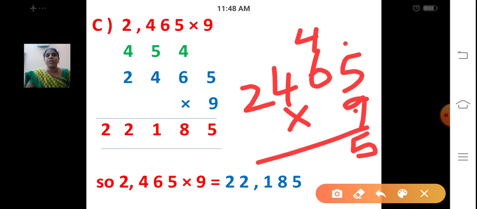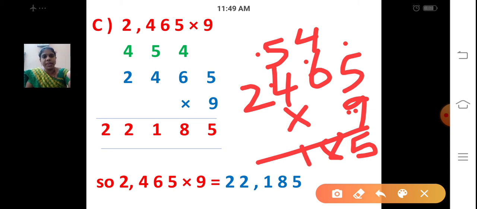Then we are going to multiply the digit at the tens place by 9. 6 9s are, you have to learn the tables for this. 6 9s are 54. Learn the tables nicely. 54, 55, 56, 57, 58. 8 I am writing it here. 5 will be carried over. Then take the digit at the hundreds place and multiply by 9. 4 9s are 36. 36 plus 5, don't forget to add the carry over. 37, 38, 39, 40, 41. So 1, 4 will be carried over.